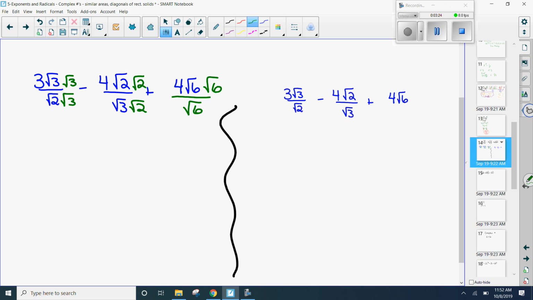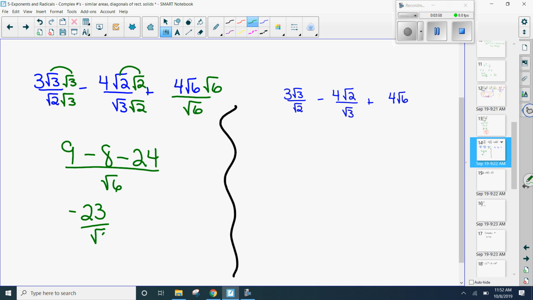So if we look at the first term, what's the square root of 3 times the square root of 3? 3. So 3 times 3 is 9. Your second fraction, radical 2 times radical 2 is just 2, times 4 is 8. And the last one's going to be 24. That common denominator, remember if you're adding fractions and they have a common denominator, you just add or subtract the numerators and put it over that common denominator. So that simplifies into negative